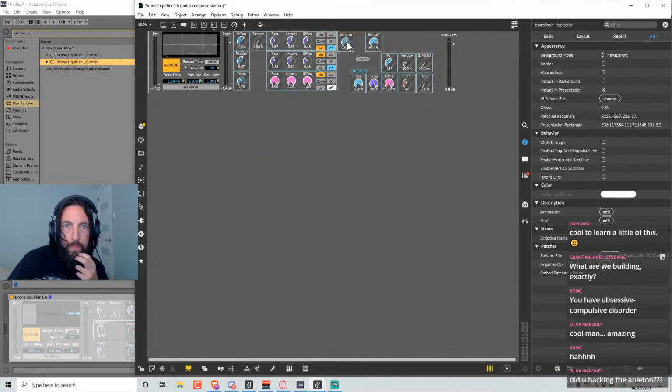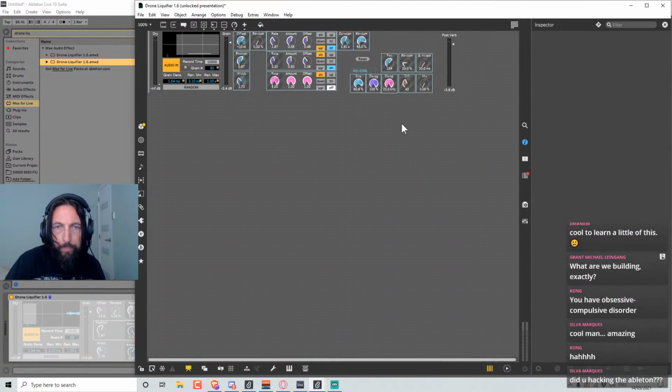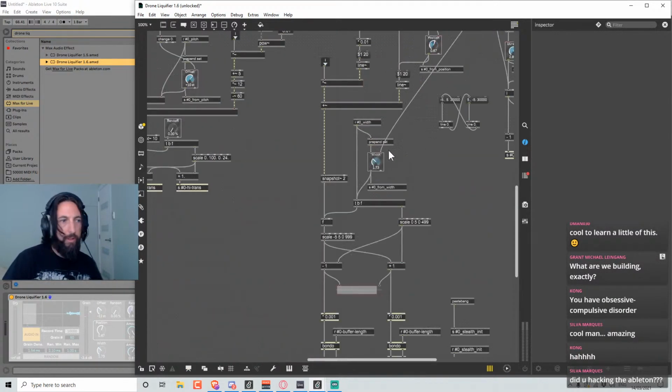Okay, next we have the grain duration and the random. One more. Let's get the LFO across for that.